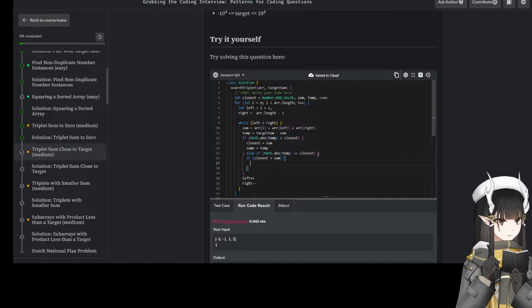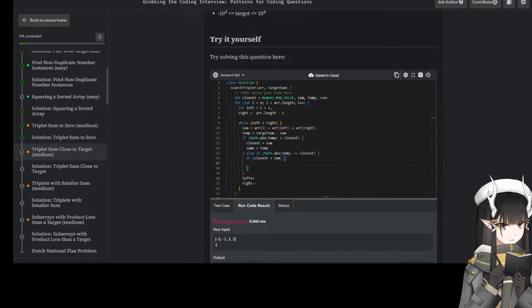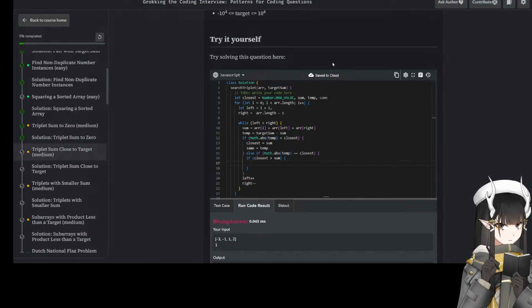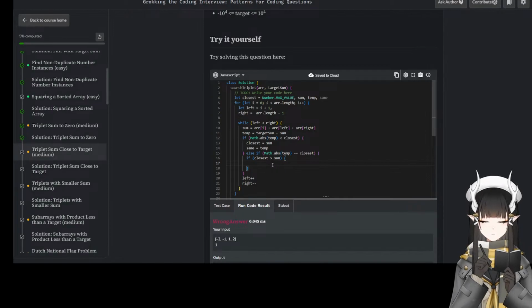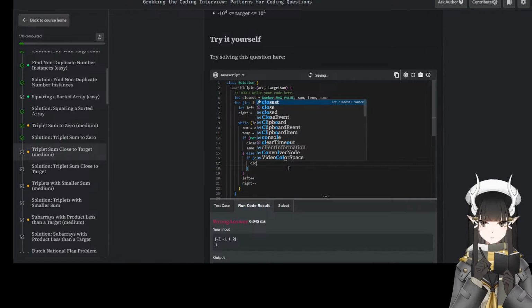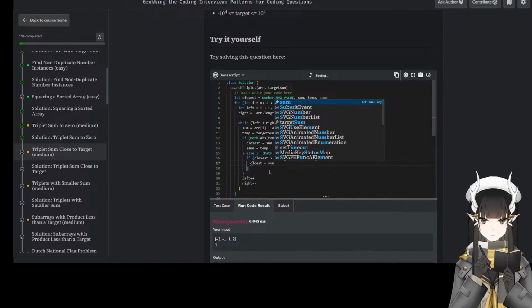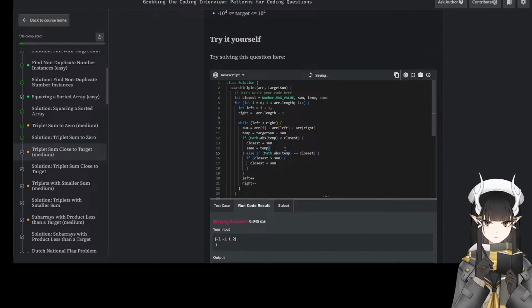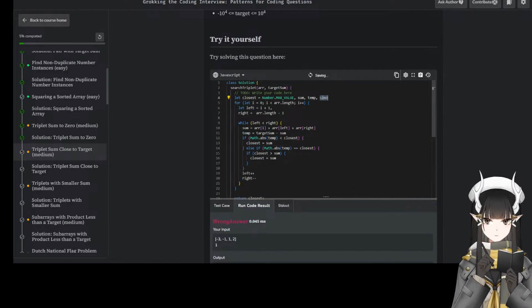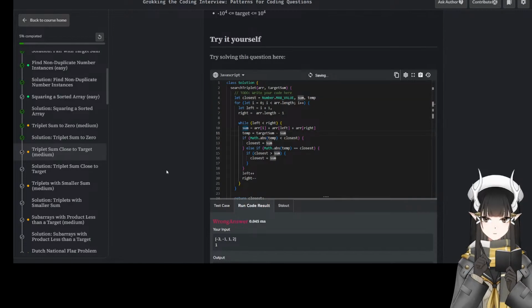Wait, what happened to your comments? Why did your comments disappear? If closest is greater than sum, then we want a smaller sum. So closest equal to sum. I don't need the 10 thing. I don't need the same thing.